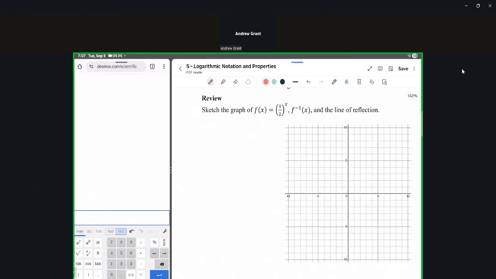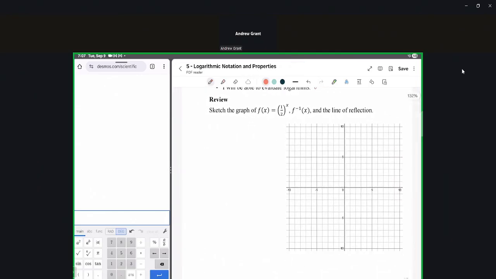And so here, just as a quick review of what we're getting into, we're going to be sketching the graph of f of x equals one half to the power of x, as well as the inverse, which is what is going to be hinted at to be called the logarithm. Remember that notation is f negative 1 of x. And also we're going to get that so-called line of reflection. So let's go ahead and get to this. What's the best way to go about this? Well,